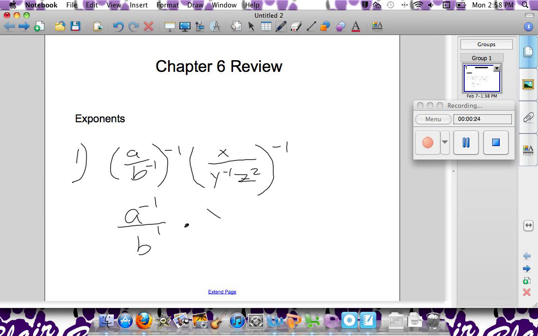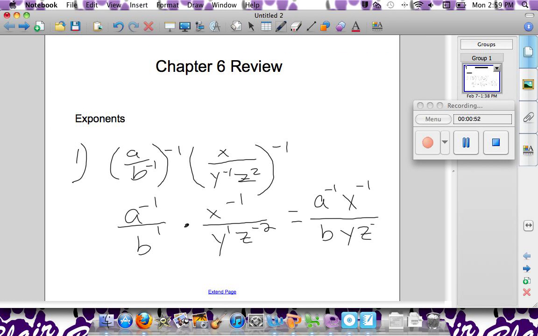Then we're going to multiply that with x to the negative first, all over y to the negative 1 times negative 1 is y to the first. Z to the 2 times negative 1 is z to the negative second. Now I'm going to multiply straight across. In the numerator, I get a to the negative first, x to the negative first, all over, multiply straight across. B to the first is just b, y to the first is just y, and then I have z to